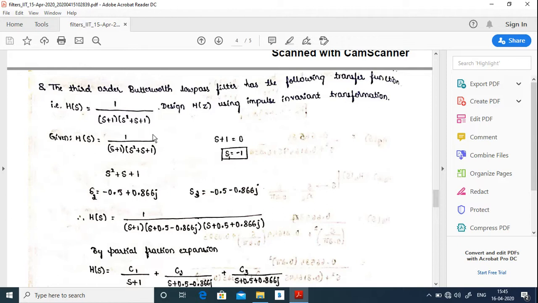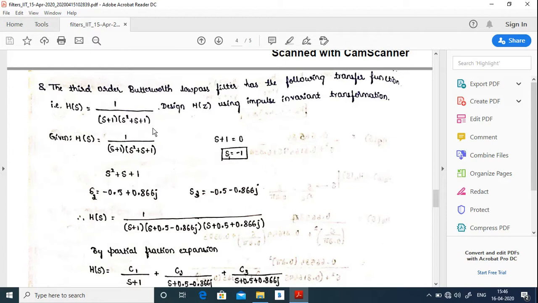The idea over here is, don't multiply this further. The reason being, since we are asked to use the impulse invariant transformation technique, in general we use the partial fraction expansion method. So even if you multiply this and convert it into an equation with one single polynomial, again we need to split that, because in the impulse invariant transformation technique we need to apply the partial fraction expansion method. So no need to further multiply this. Keep it as it is, so that we can save time.